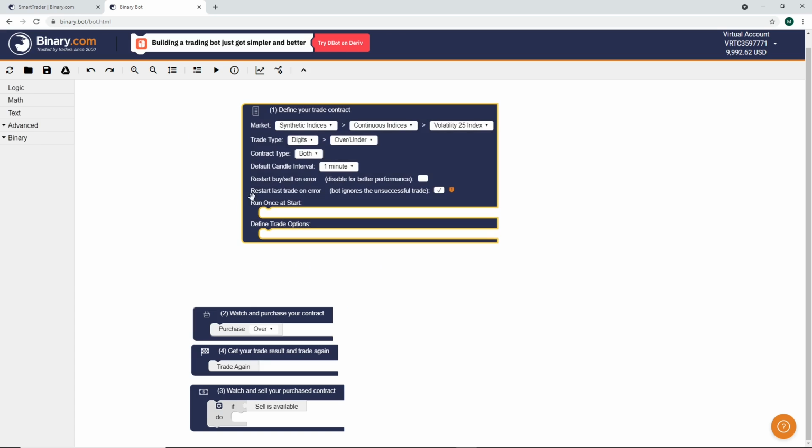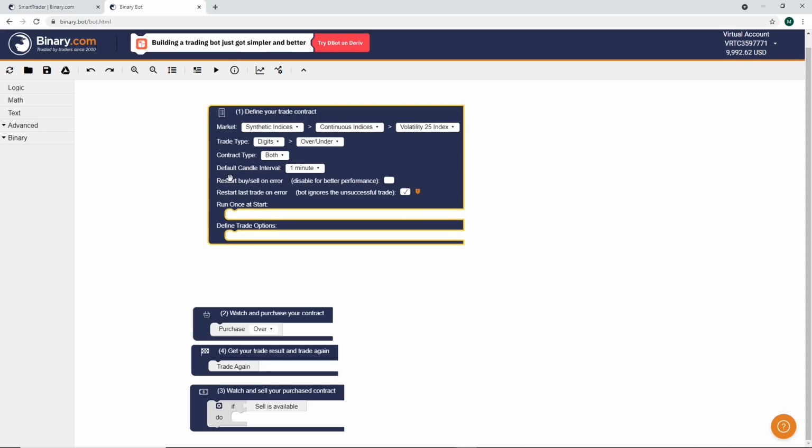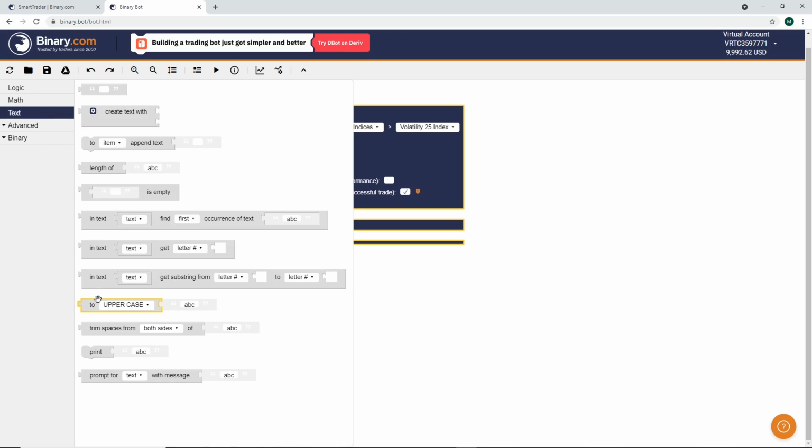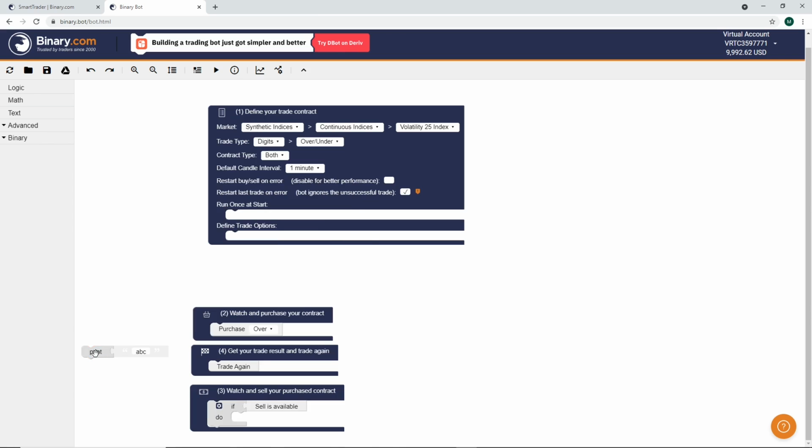This block will be executed at the first time of our bot execution. Here we can prompt a message to the user. We are using the text and print block here to print the message.